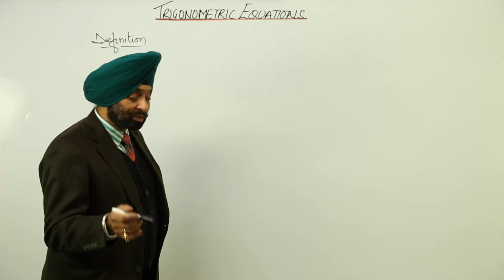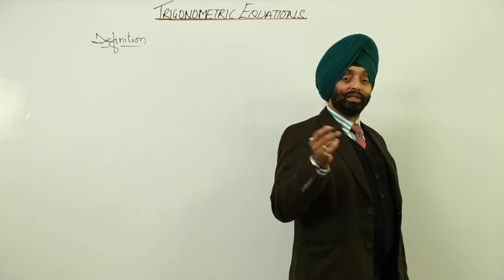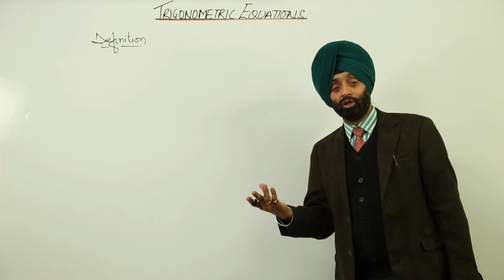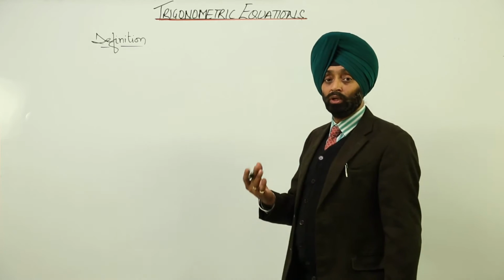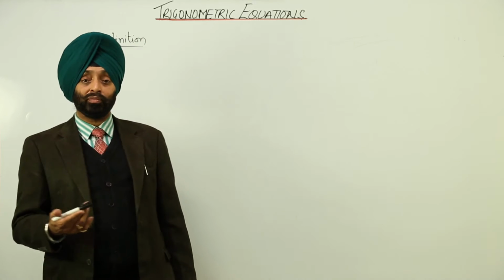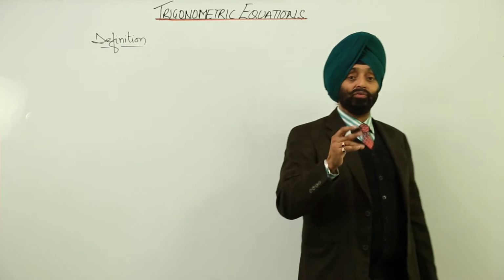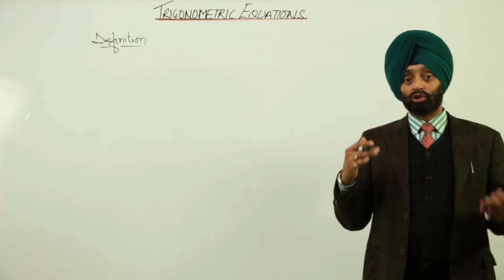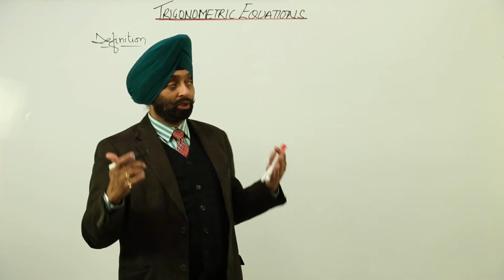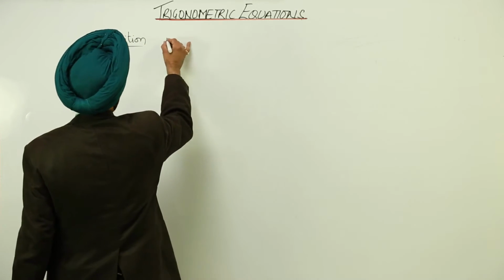So if I ask you what theta will be for sin theta equal to 0, will you answer only that at 0 it is 0? No, we will have different values. At pi also it is 0, at 2 pi also it is 0, at negative pi it is also 0, because we have drawn the graphs. So the basic thing we are using is the equal sign. Those are the equations. Now I am going with a definition first, and then I will explain the concept once again.